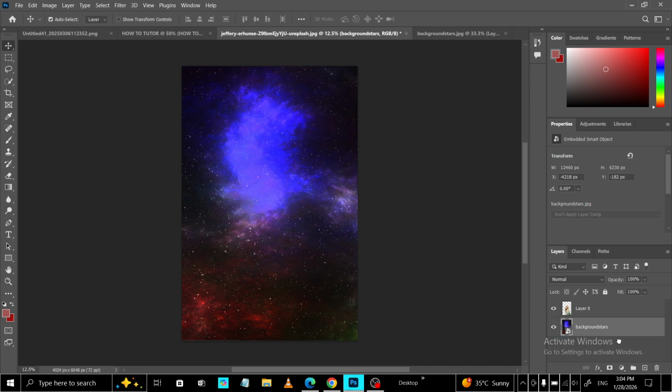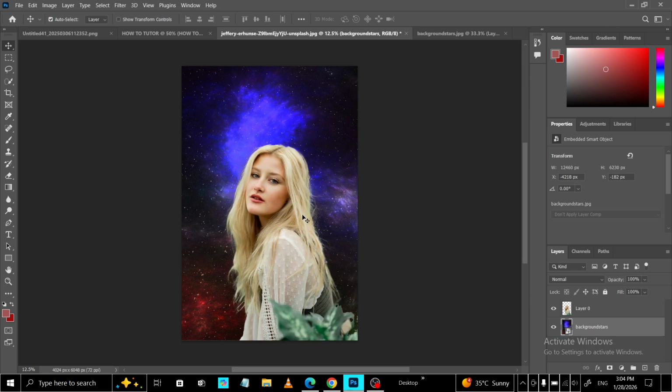In the Layers panel, make sure the new background sits below your subject layer. If it's on top, simply click and drag it underneath. This layering order ensures your